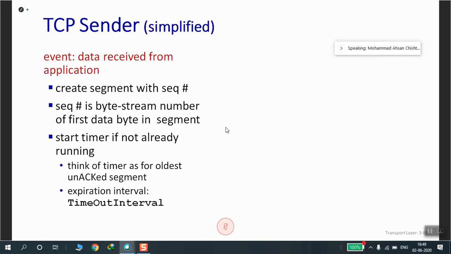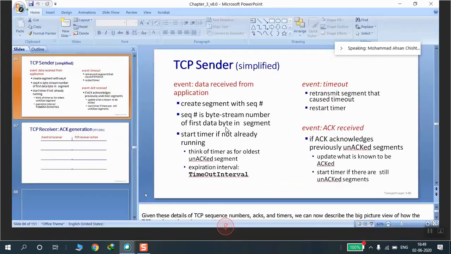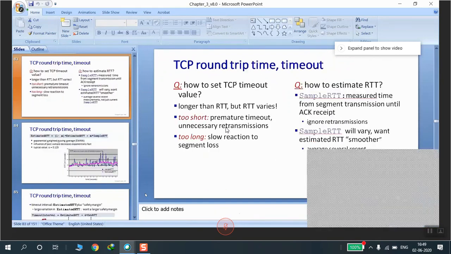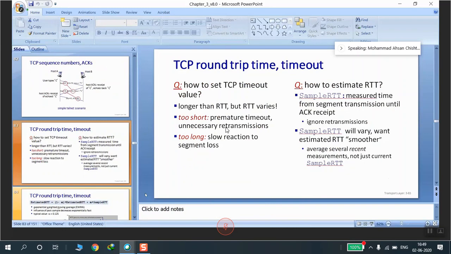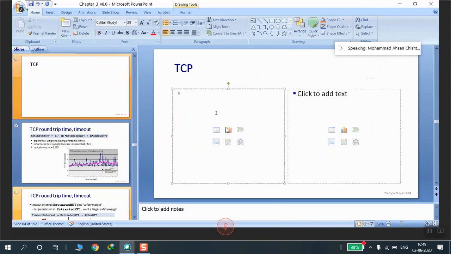So what did we get as of now? Let me go back. What do we get from this TCP protocol that we just now understood? We understood certain points in TCP in today's lecture. The first one is it is reliable.